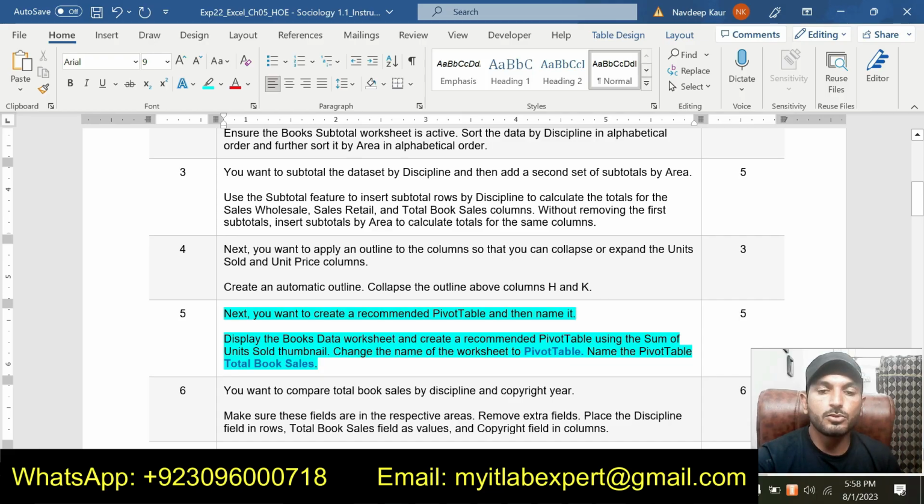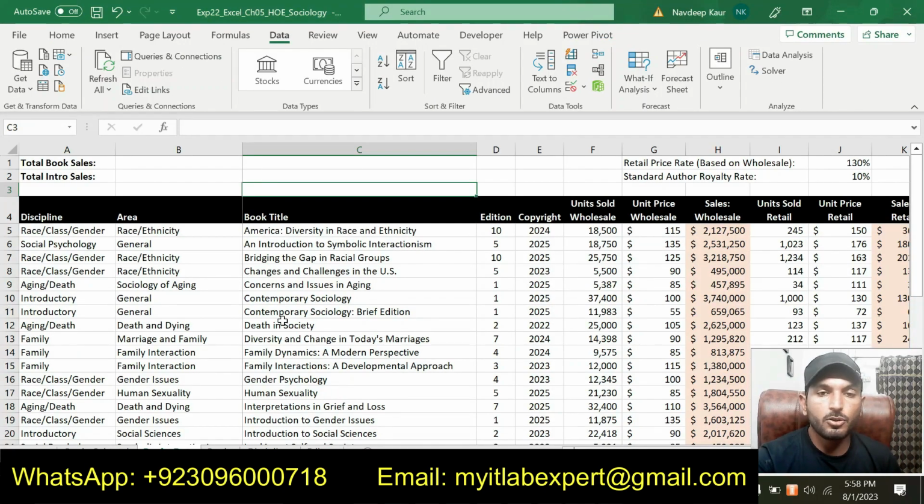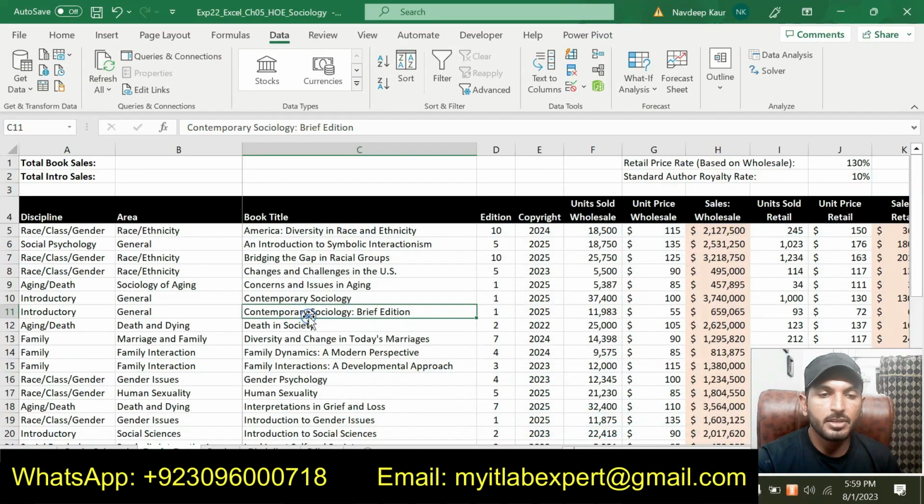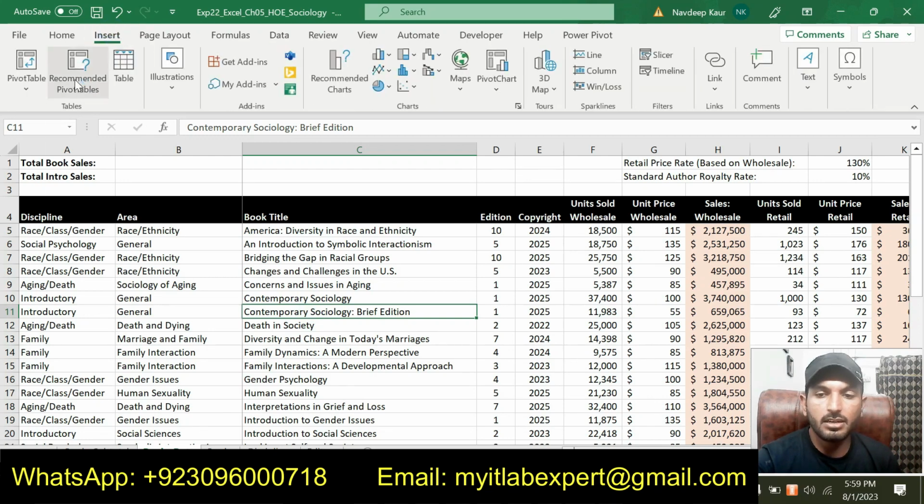So we are supposed to use the recommended pivot table to create a pivot table using the sum of units sold thumbnail. So go to insert tab and you can see the recommended pivot tables here.